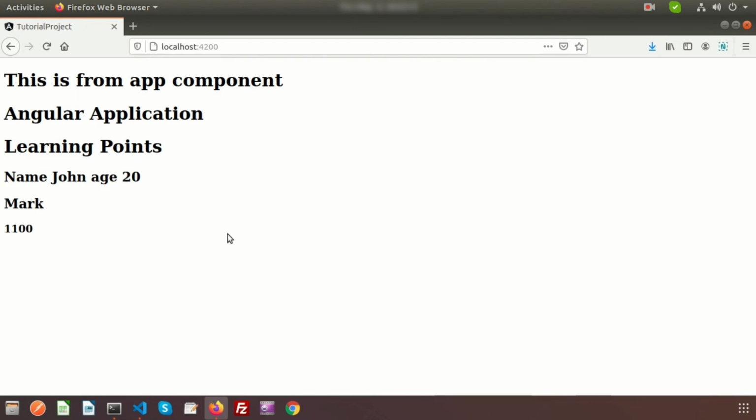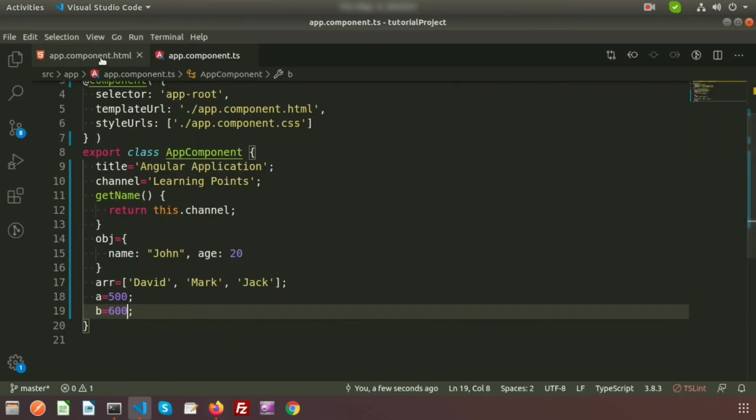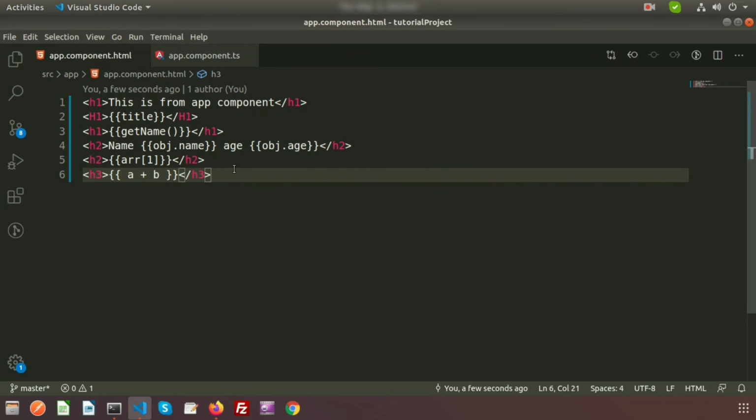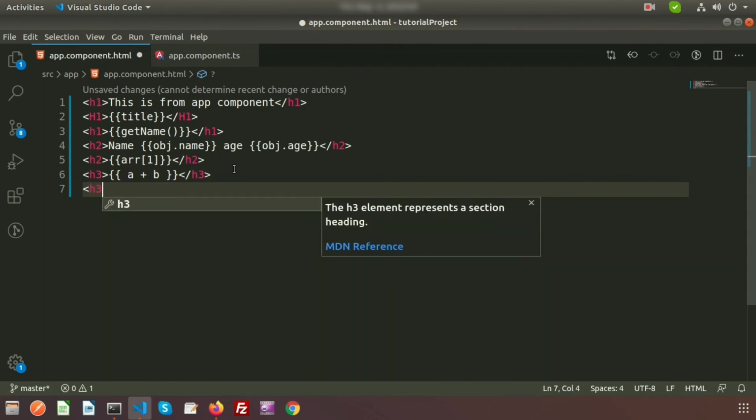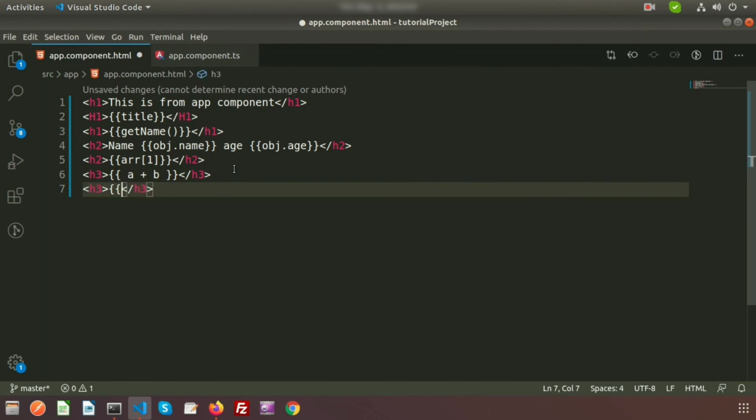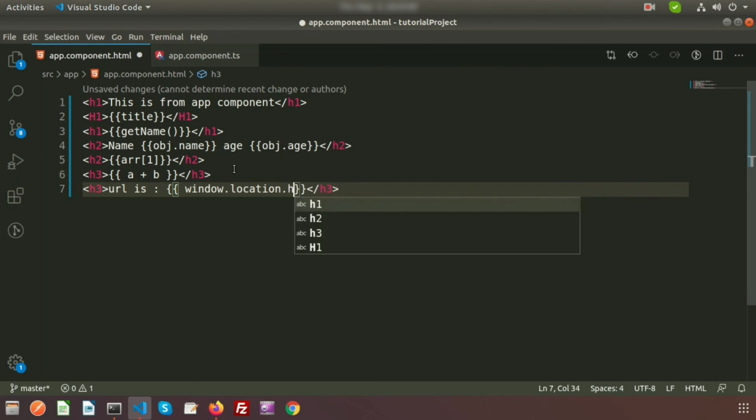And one thing, that is we cannot get access of window. So what is the window? Suppose I am trying to get the output of the current URL. So suppose I am taking h3, and here I am writing URL is, suppose I am writing window.location.href.